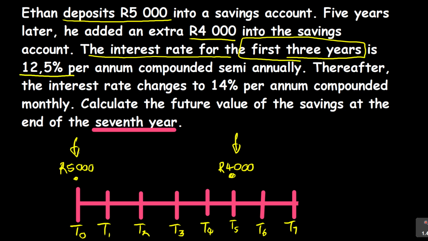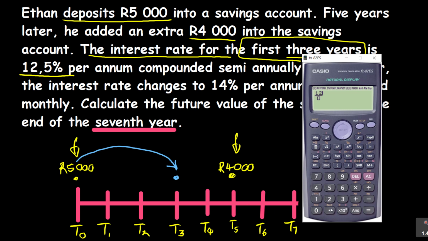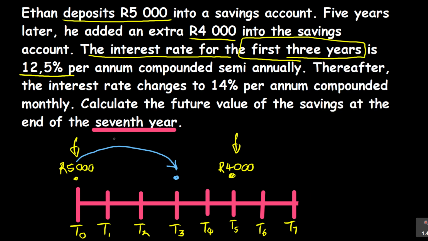So what are they saying? They are saying with this 5,000, if you go to year 1, year 2, and year 3, up to here, there is an interest rate that is different. So I can come here and say this 5,000 up to 3 years had an interest rate of 12.5% per annum. If you remember, whenever you're given 12.5%, you need to convert it. A percentage is over 100, which is 0.125. So here my interest is equal to